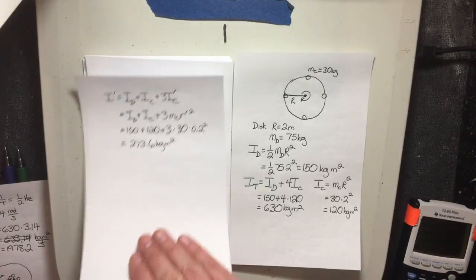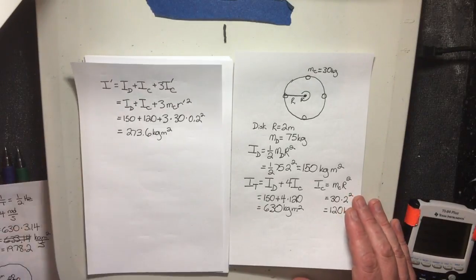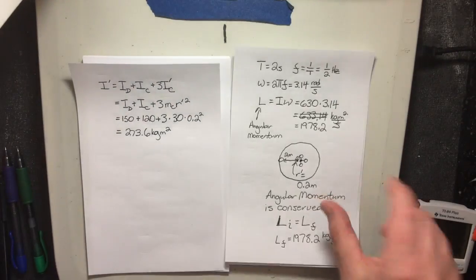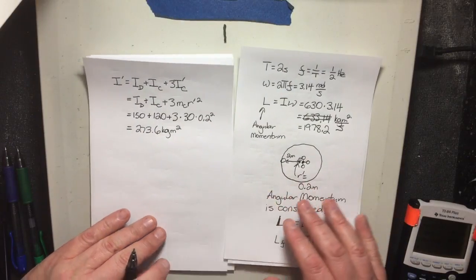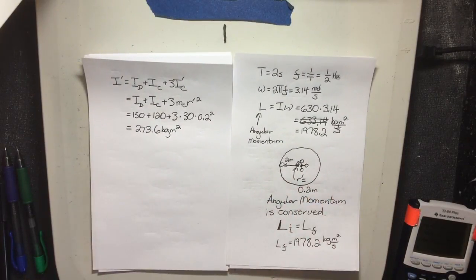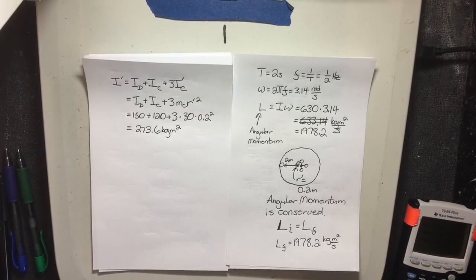Now that I've done that, after I made the error with this, now I don't trust anything I think of. So the new moment of inertia is roughly half of its original moment of inertia. Well,